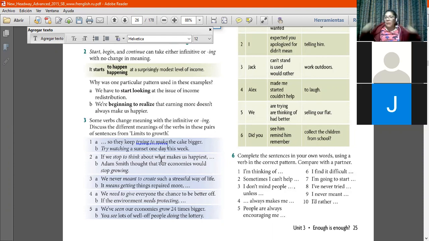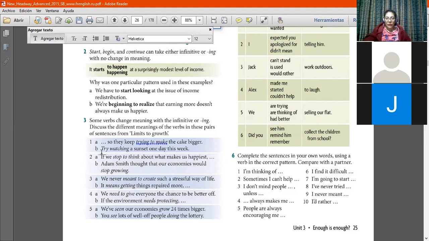So it limits maybe with this trying to make how we understand the meaning. If you're translating, you're not letting your English move, evaluate. So this trying to make limits this process because we don't know if it's going to be successful to make this cake bigger.